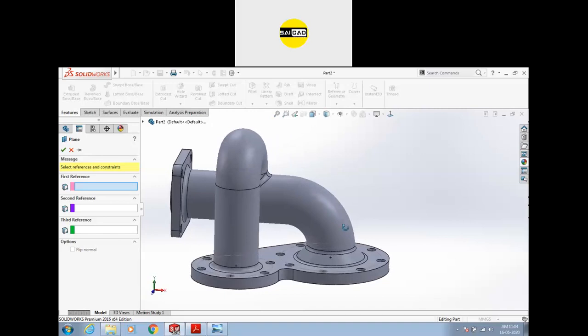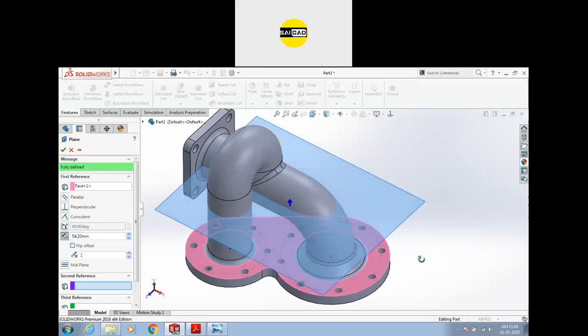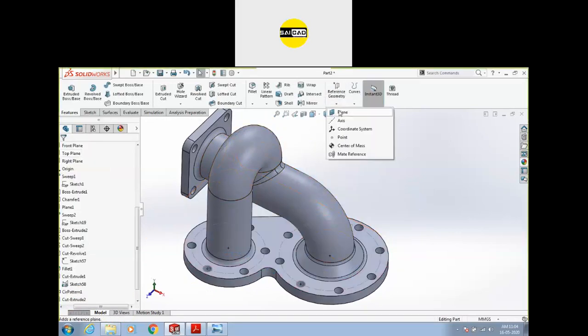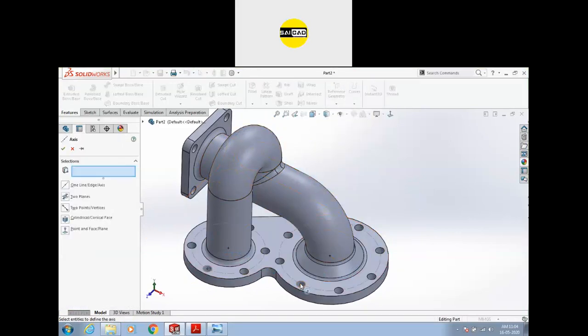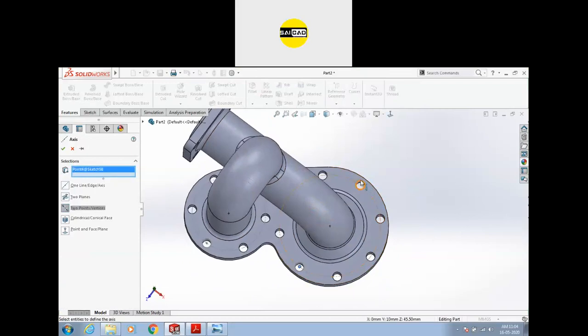For a curved surface, we need to define the orientations. We can select the flat face, but to rotate this plane, we need an axis. So first we need to create an axis. Like I have created the axis from this point to